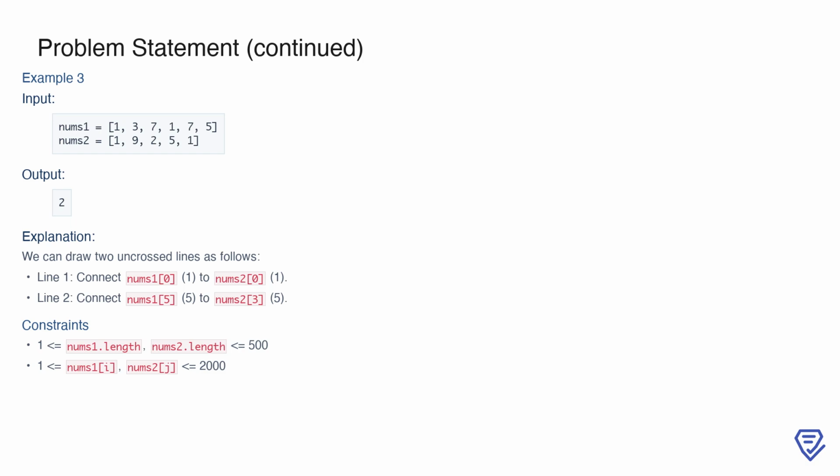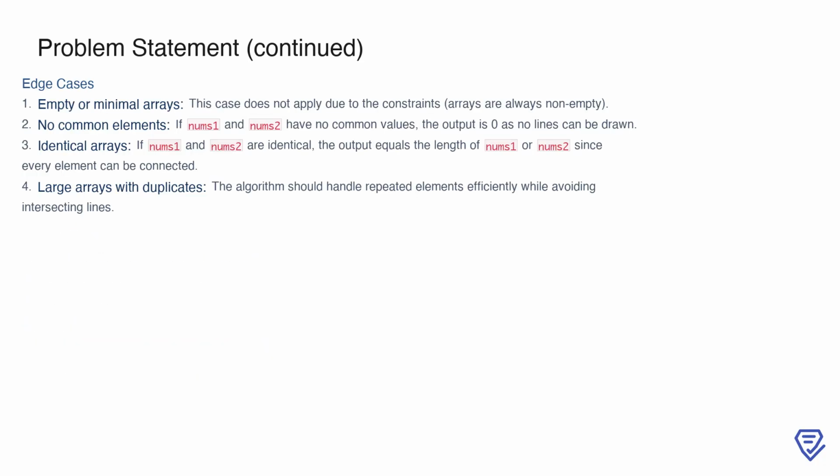of valid connections. Finally, let's consider some edge cases. First, since the arrays are guaranteed to be non-empty, we don't need to worry about handling empty inputs. If nums1 and nums2 have no common elements at all, the output will simply be 0, as no lines can be drawn. If the arrays are identical, then every element can be matched one-to-one, and the output will equal the length of the arrays. Lastly, for large arrays with duplicate values, the algorithm must handle repeated elements efficiently while ensuring that no lines intersect. These edge cases underline the importance of designing a solution that is both robust and optimized